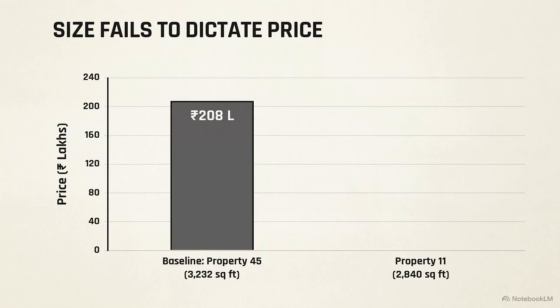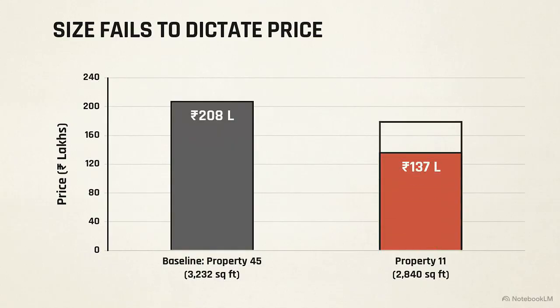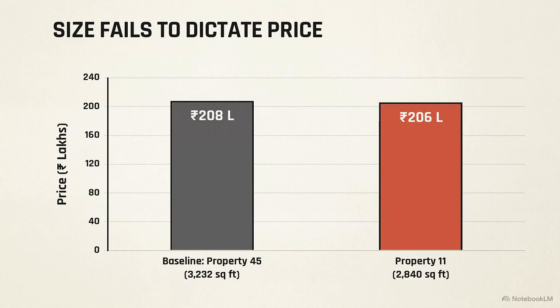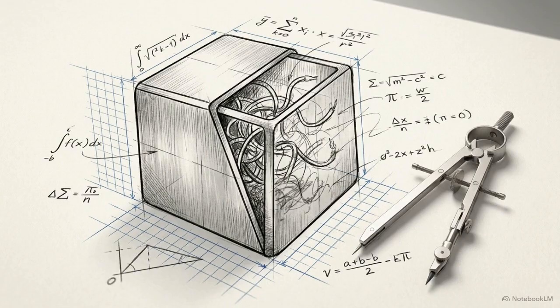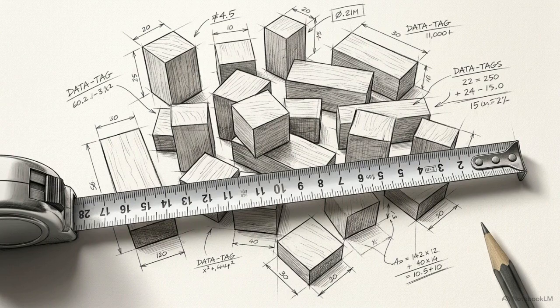Property 11 drops to 2,840 square feet, so logic dictates a proportional drop to an estimated 1.8 crore, but it actually sold for 2.06 crore, a 25 lakh discrepancy. A miss that large often leads people to assume the algorithm is broken or that predictive models are merely unreliable black boxes. This 25 lakh gap represents the exact starting point for a deeper investigation into how we actually measure